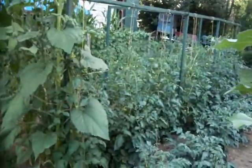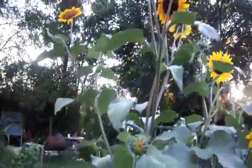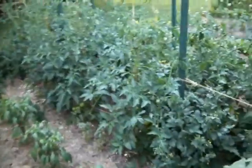Everything is fairly evident what's going on here. These are bush tomatoes, obviously, and these are all climbing tomatoes down through here. These are my sunflowers all along here. These are all volunteer. They just came up. Peppers down through here, and I've already got several peppers, and I got a lot of tomatoes coming. And I don't know if you can see what kind of my trellis affair here, but